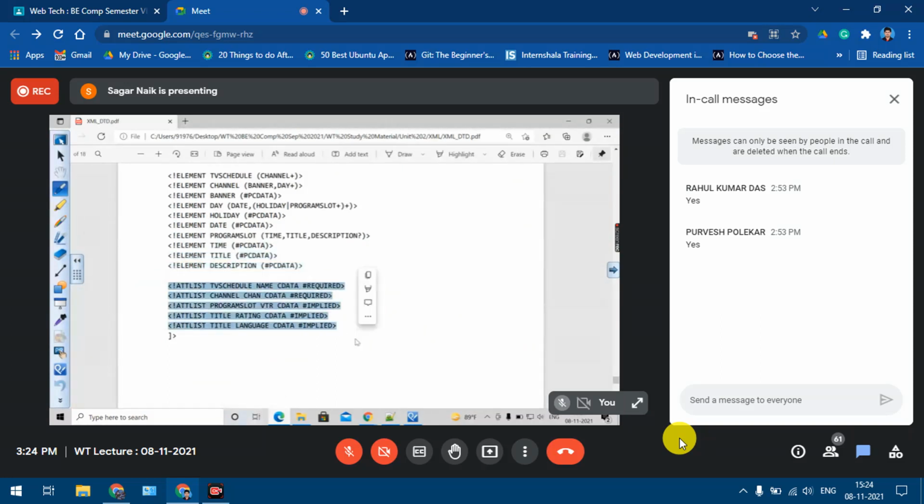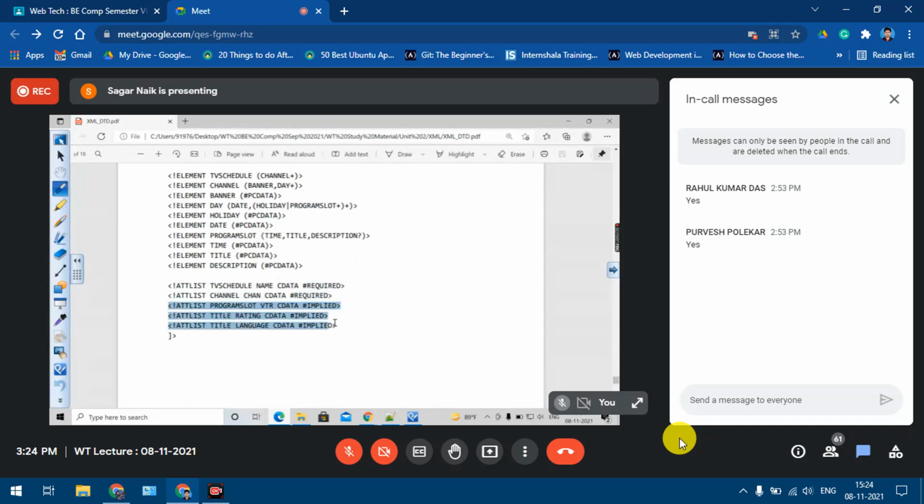And what is specified here? We are specifying the attributes. If you look at these first two examples, the required attributes are specified. TV schedule has an attribute of name, and the value has to be given by the user. Similarly, the channel element has attribute chain, and the value has to be given by the user.